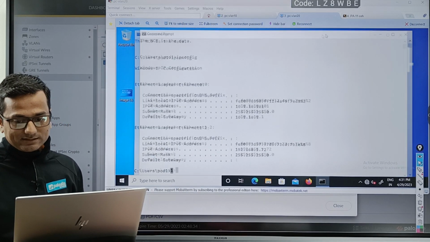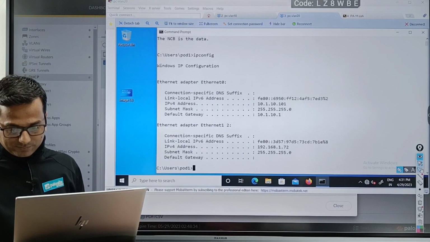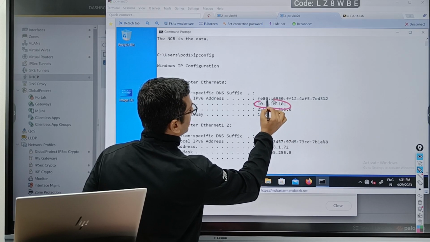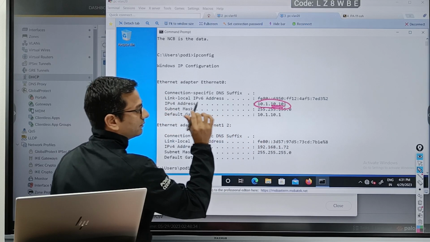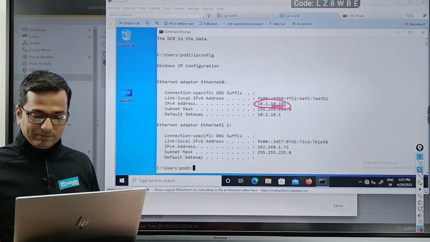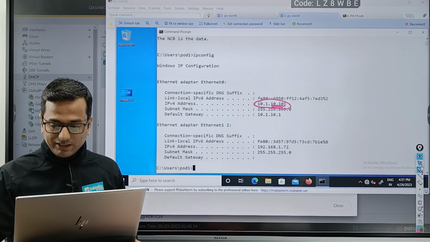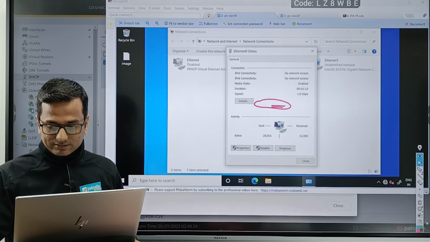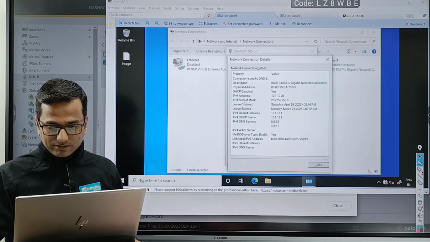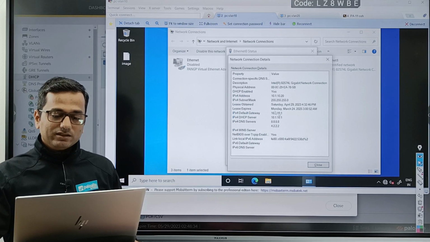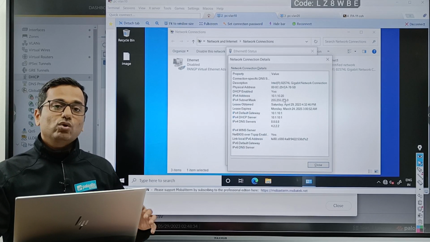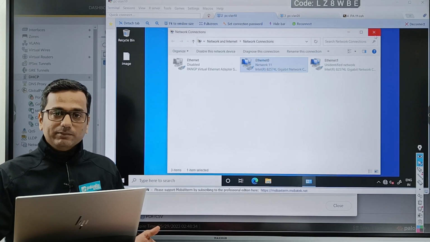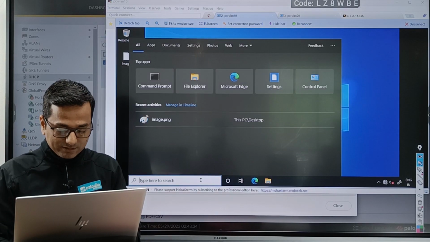I can see, guys, now this machine got the IP address 10.1.10.101 from DHCP. Why? Because we explicitly bound the MAC address with this IP. Just ignore the error. Go to the machine, status, and see the status detail. Oh, this machine is getting IP address 10.1.10.20, which is the old IP address. I just disabled and enabled the interface, but I think it did not work for some reason.